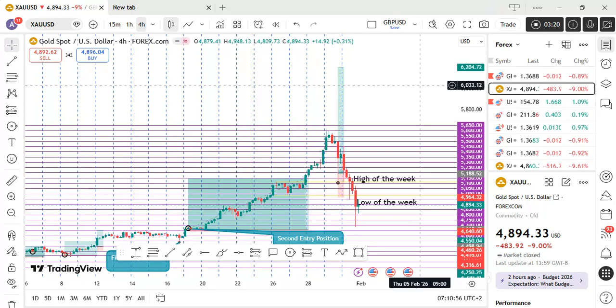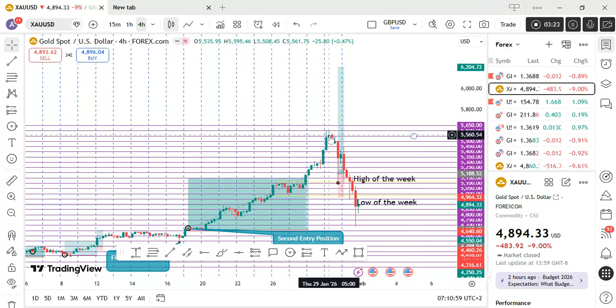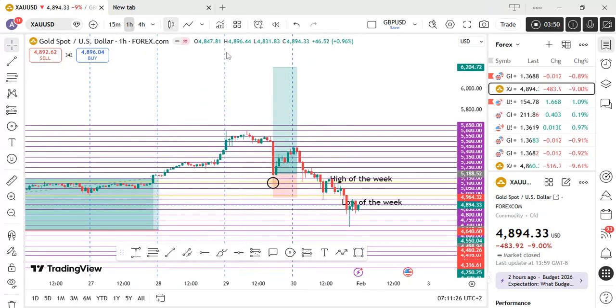On this day, because price created a new high, I was anticipating market to retest the high that price tested looking left. As you can clearly see, when price retested this high of the week, I saw that as a buy opportunity to go in for gold, because market was going to create a higher high. So I was telling myself that I need to see price create higher highs. As expected, market created a new high, then retested the high that price created looking left. And then what I was anticipating from here was the buy entry opportunity.